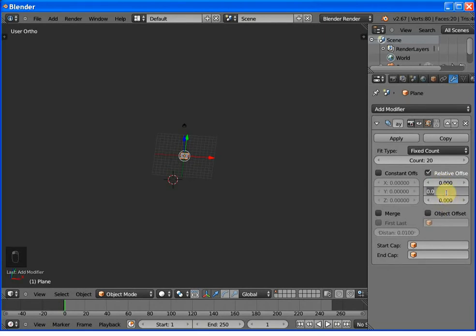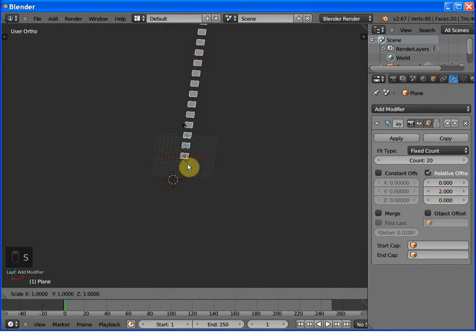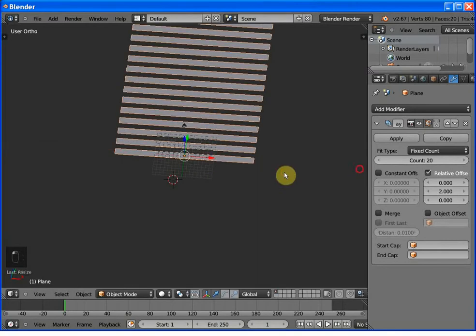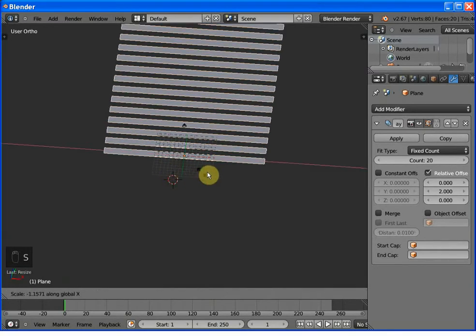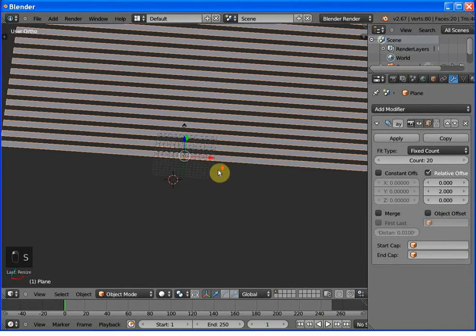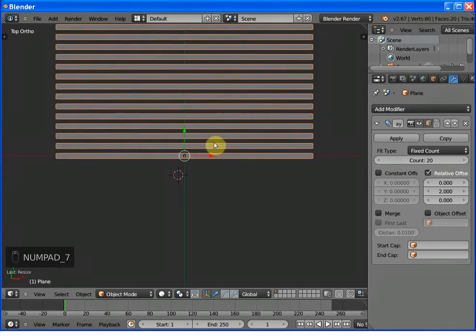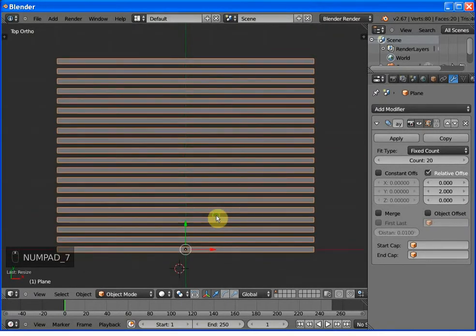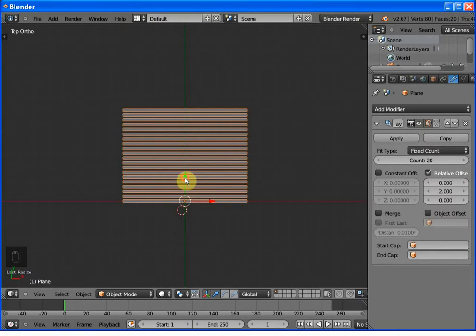Make the Y offset to 2 and scale the plane along the x-axis to make lines pretty big. Press 7, go into top view and scroll that